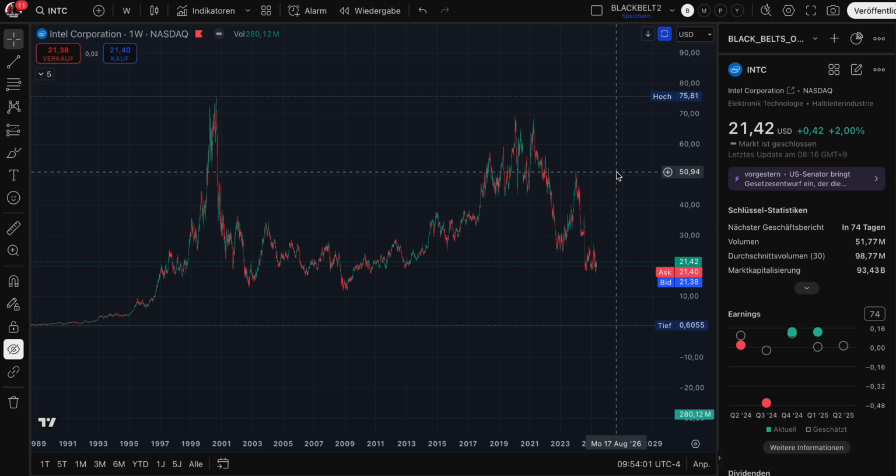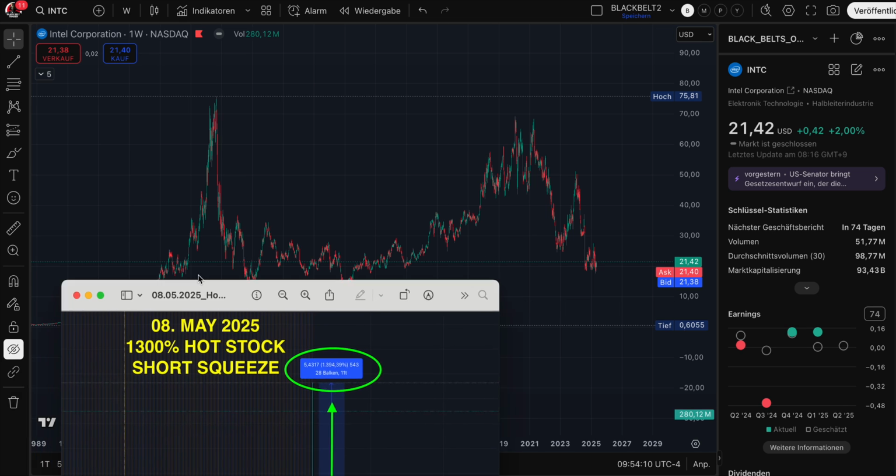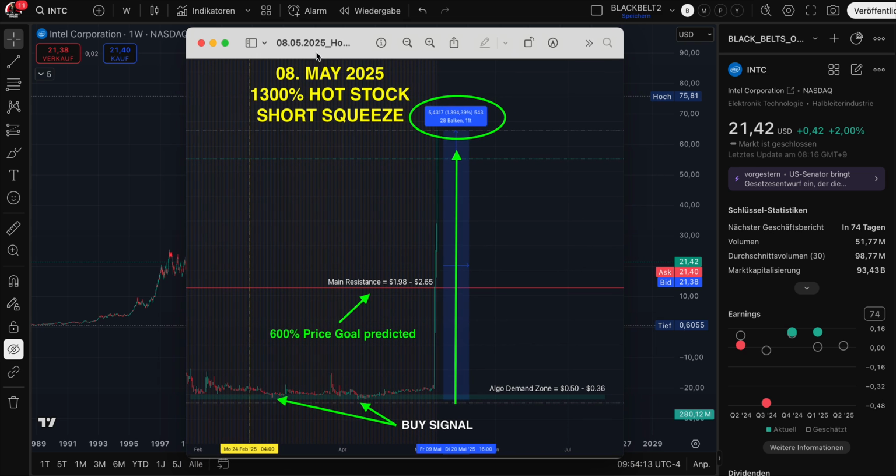Before we dive into Intel, I will show you some price levels. I want to show you how I use Warren Buffett's trading technique, strategy, call it whatever you want, to make some money in the stock market. What I usually do is I focus on very volatile stocks or even on short squeeze stocks. And this is just one example where we had last week a short squeeze of 1,300%. This is unfortunately not the latest screenshot. This stock continued to squeeze and made 2,500% in just 3 trading days.